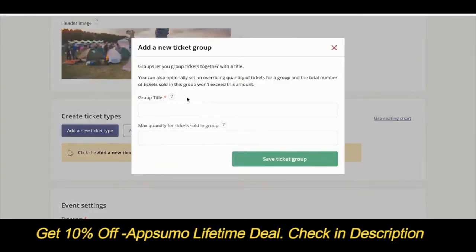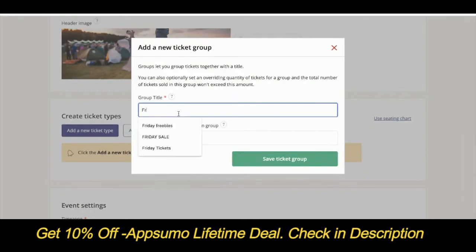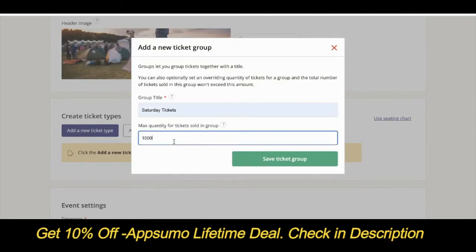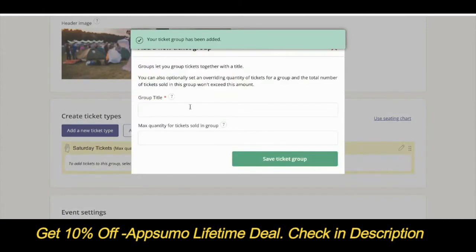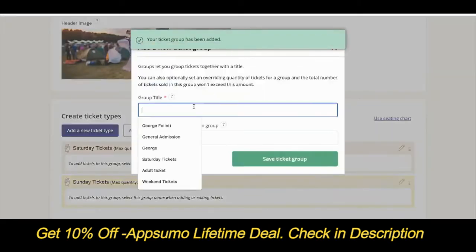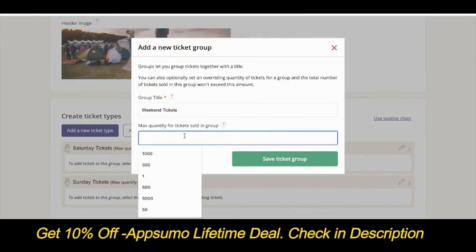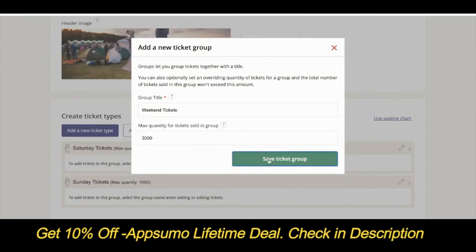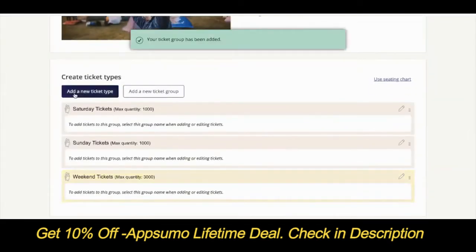Ticket groups are a really useful way to bucket ticket types under effectively a group, which you can have your own quantity and capacity for. So a good example of that is if you were to have a festival, you might have Saturday tickets where you want 1,000 people, Sunday tickets, another 1,000 people, and then a new ticket group for maybe weekend tickets where you have, say, 3,000. And then within each one of these groups, you can add ticket types, and you'll never go over that max